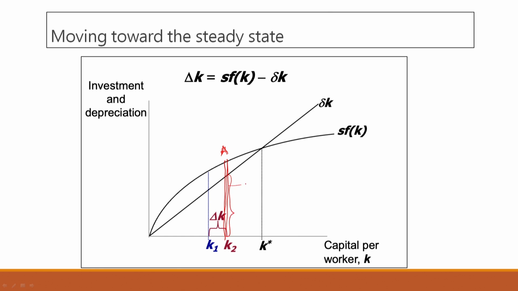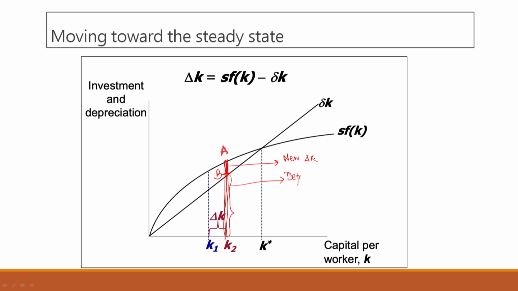This much is the depreciation. Okay. So, we know the total investment, we know the depreciation amount, and then what are we left with? We are left with this. So, let us call this AB. This is our new